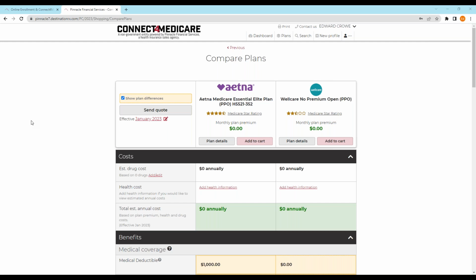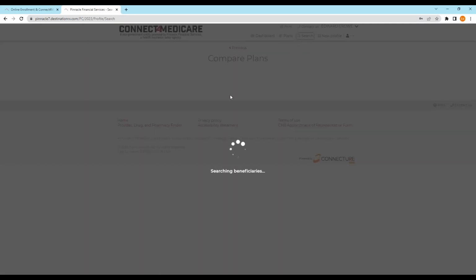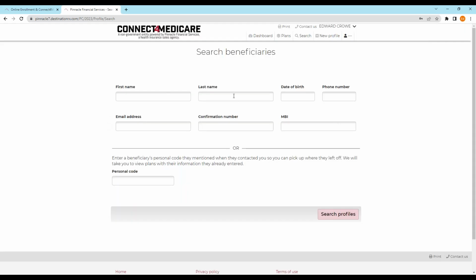Last question I have. Do we need to record and keep Zoom in recording on Connect for Medicare? Connect for Medicare will keep it for you automatically. Once you record, you can go and search and find those recordings anytime you want. And on Connect for Medicare, which I should have shown you, you can also search for clients too. Because it is a CRM, if you click search, you can search by first name, last name, email address. You can pull your clients up, and if there's a recording, it'll be there, and you'll be able to access all the recordings you have for that client. But yes, you do need to record Zoom calls, and you need to keep those recordings through Zoom for 10 years.